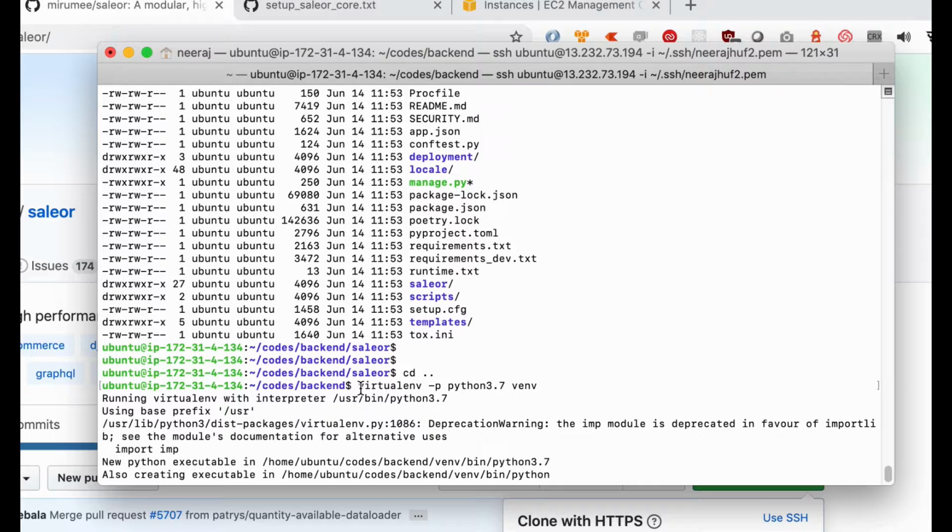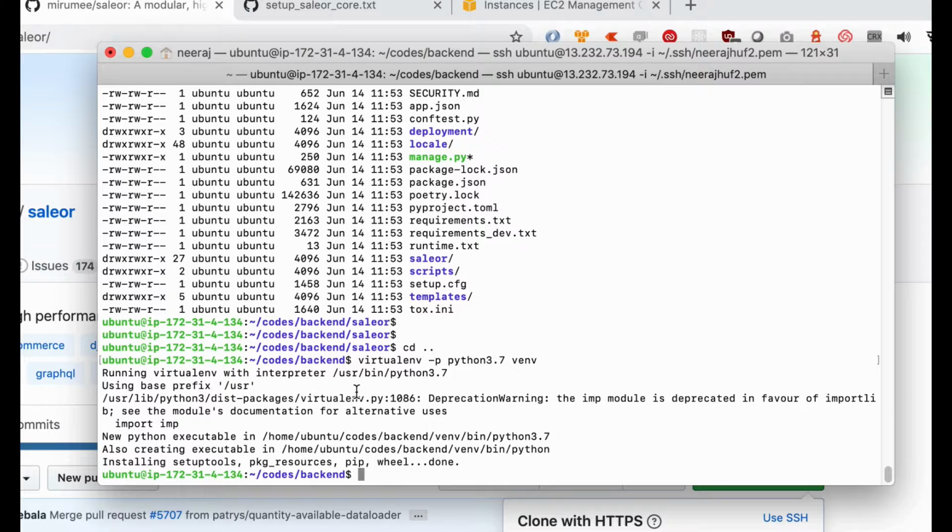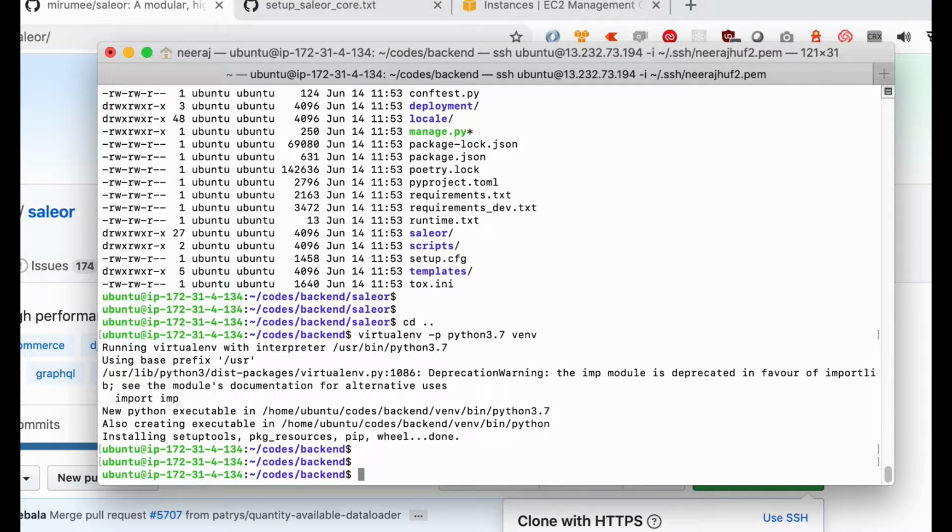We need a virtual environment because we might have more than one Python application installed in our system, and we don't want any application to conflict with the version it requires with the other application. So instead of installing packages globally, we install them in virtual environments, and in a system we can have n number of virtual environments.